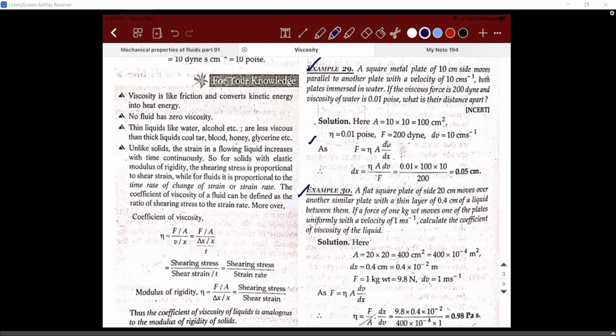Okay, tell me one thing. 1 kilogram weight, how much did you take? You took 9.8, correct? That is in Newton. You should take it as 980 times that in CGS. See, there are two options for you, whichever you are comfortable with. If you're comfortable with SI, convert everything to SI and that's all. If you're comfortable with CGS, go with it. 9.8 into 10 power minus 3.